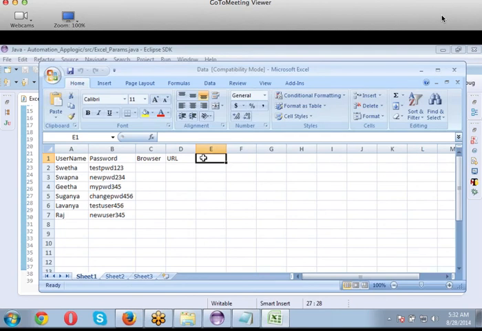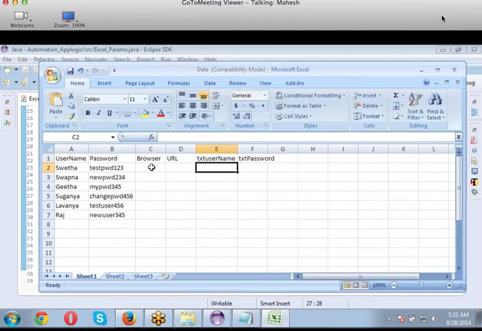Username, XP username, XP password. These are my object names which I want to use.